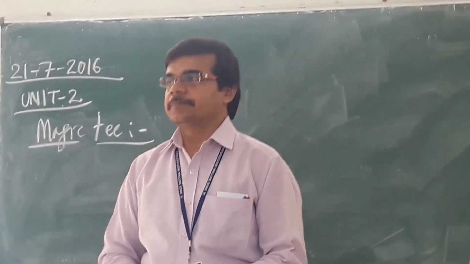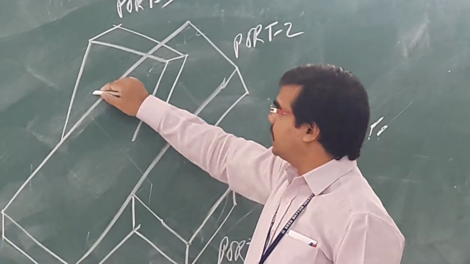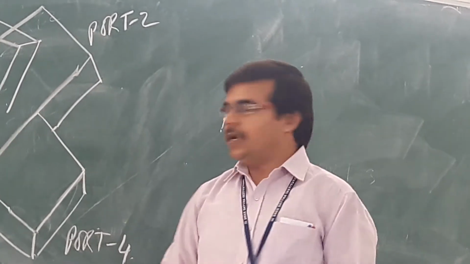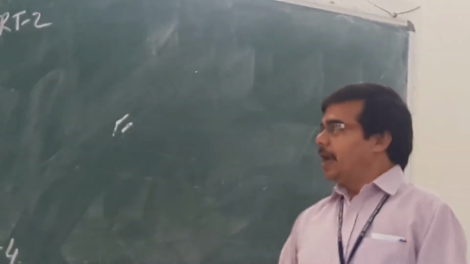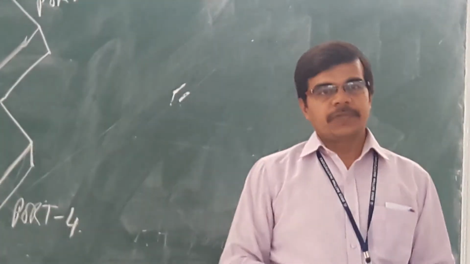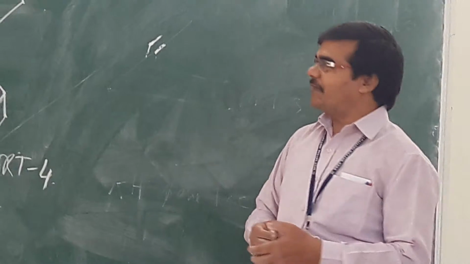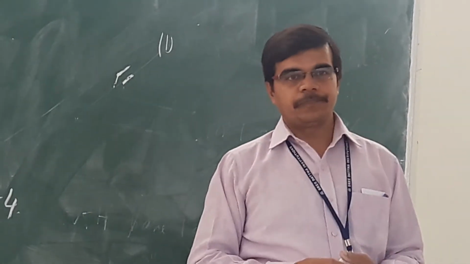Shall we start? Definition of your E-plane T and H-plane T. So earlier we have seen E-plane T. In E-plane T you are having port 3, that is the series arm, and in case of your H-plane T you are having this port 4, which is your side arm. So we are going for the combination of these two. Your magic T is also known as your hybrid T. The operation of your magic T is the combination of the operation of your E-plane and H-plane.